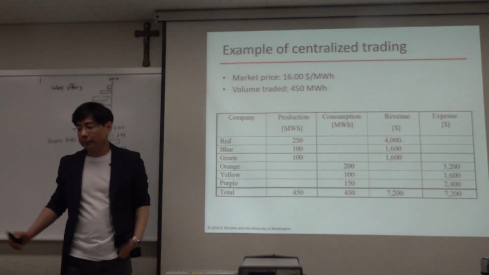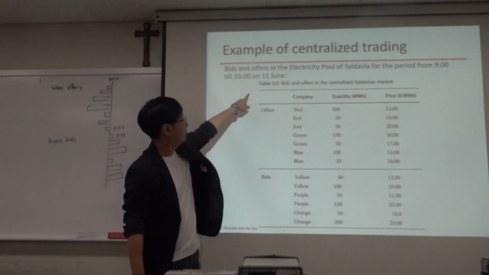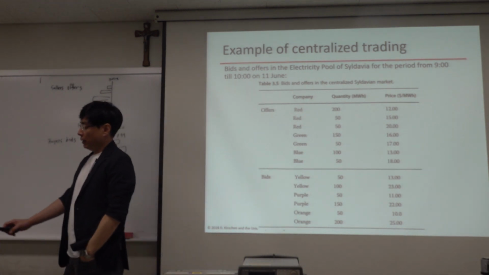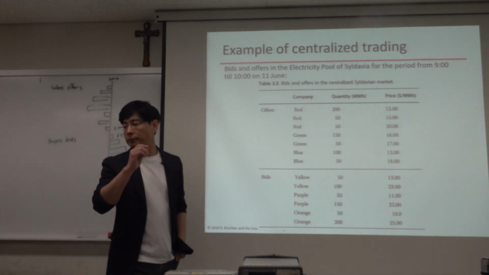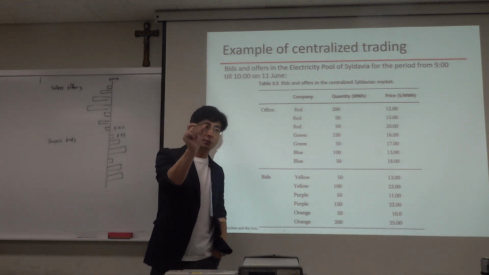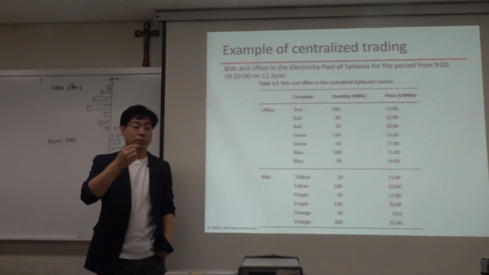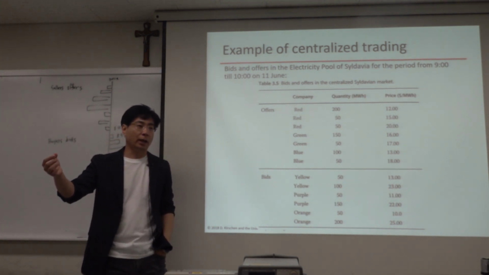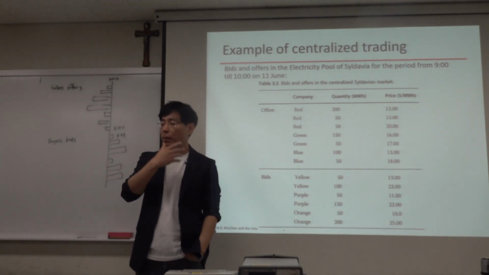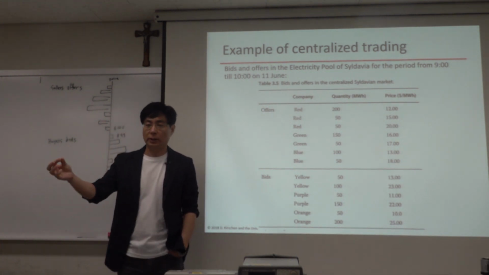Okay, and here, in this example, we discussed the 1 hour period on June 11th. And then you may think this kind of centralized trading can happen for every hour. That can be true. But because the electricity market needs to care about the physical system and the physical condition of the generators, if we operate the centralized market independently from one time slot to another, typically 1